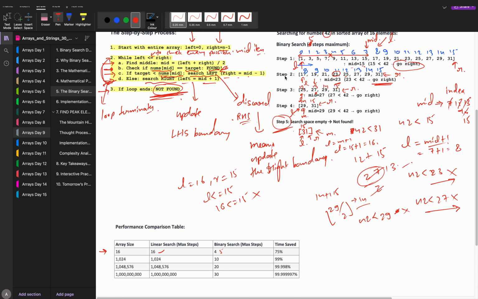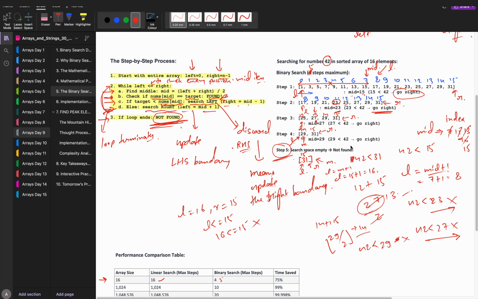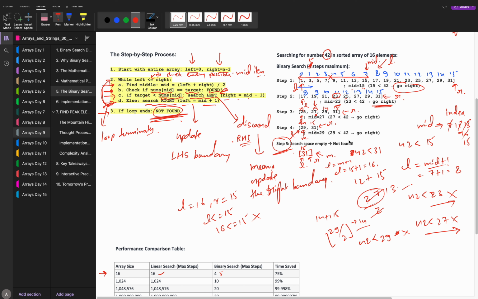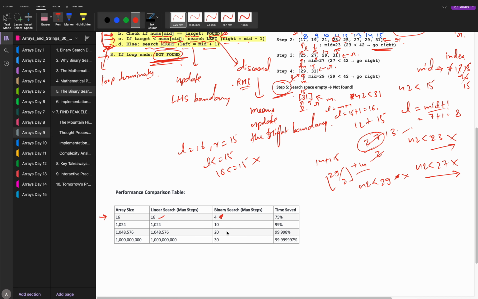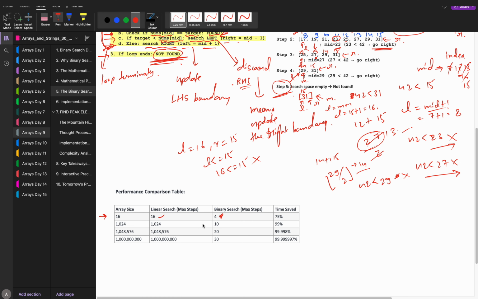Even if you have reached the last one at the main position and it is not found, no problem. Okay? That's how many times the division was happening. And if you can see why I've written 15, because after this no division happened already. So effectively it goes only to 4 steps. Okay? For 16, 4 came. If I go for 1024, then it will come to only 10 steps.